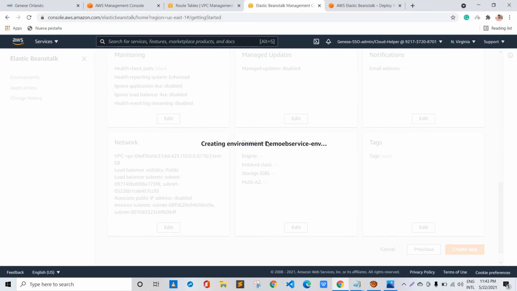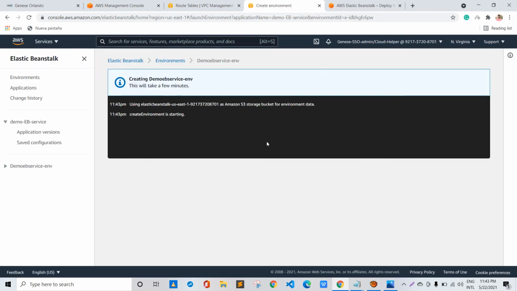Once you click on create app, the creation of the application and environment will start, and the logs will be shown to us, so we can see what resources have been created. As we can see, using Elastic Beanstalk, an Amazon S3 bucket for the environment data has been created, and create environment is starting.